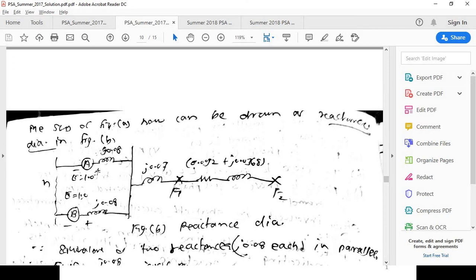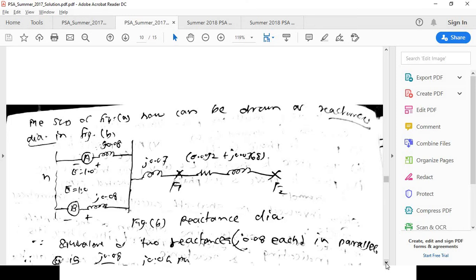So this is the part for generator A, that is EMF behind transient reactance, and generator B, EMF behind transient reactance. While drawing the single line diagram or reactance diagram, we consider the EMF equal to 1 per unit. So A' is equal to 1.0 per unit for A and B, that is both generators. Then their internal reactance is connected in series. Now this is the reactance of the transformer, this is the reactance of the transmission line.